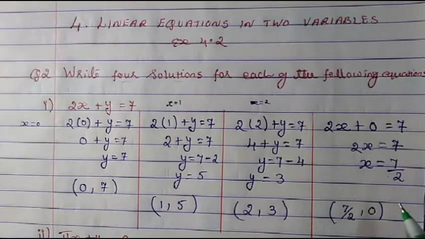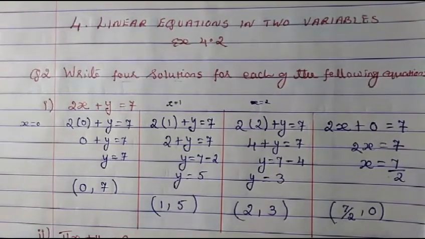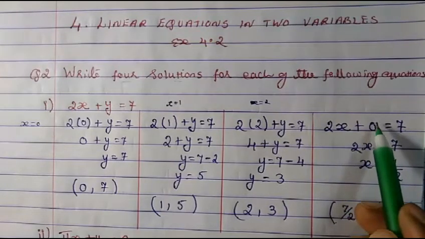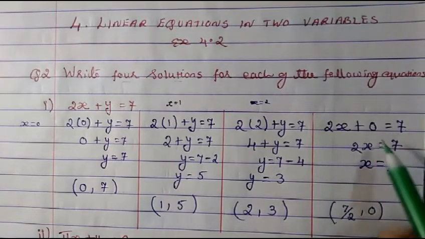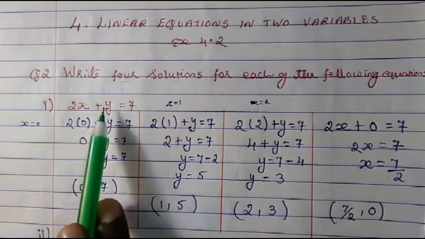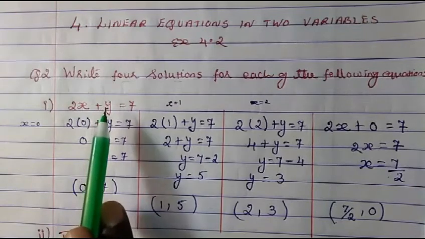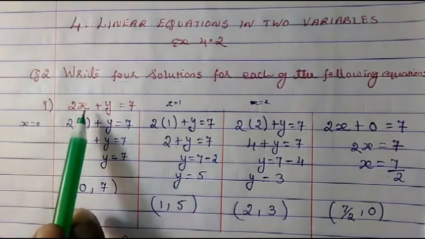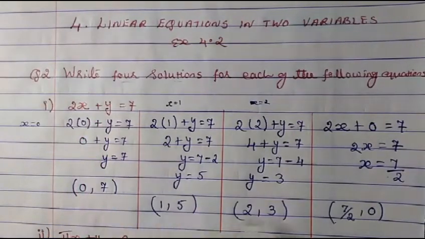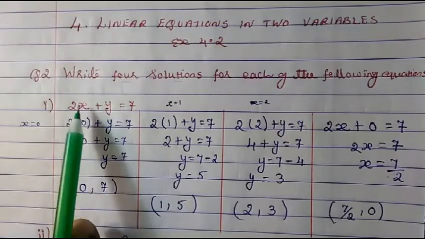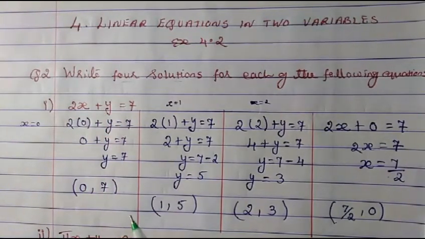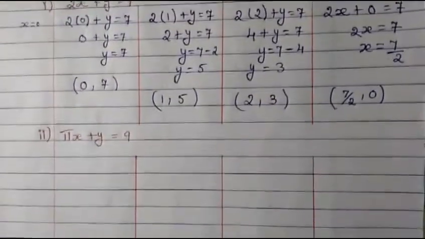You can put any number. This is not a final fixed answer. In the place of y you can give 1 also. So if you give 1, then the answer will be totally different. Any solution you can find out, because each equation has infinite solutions. In question 1 we saw every linear equation in two variables has infinite solutions. So this is not the final. Instead of x I give 0, you can give y value and find out the x value. So let's do now the second equation.